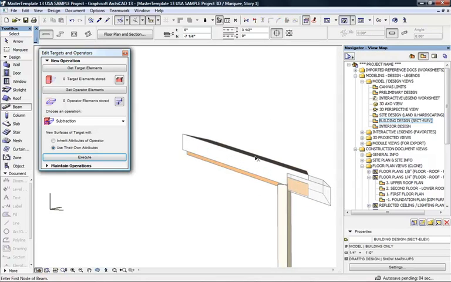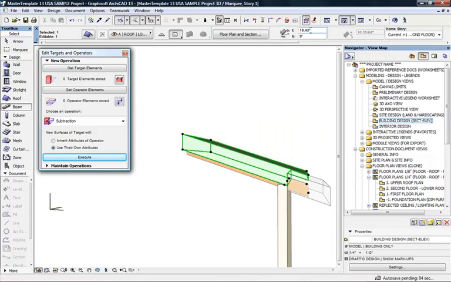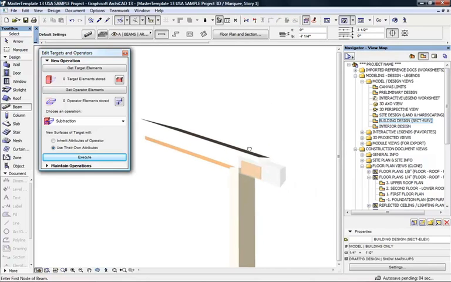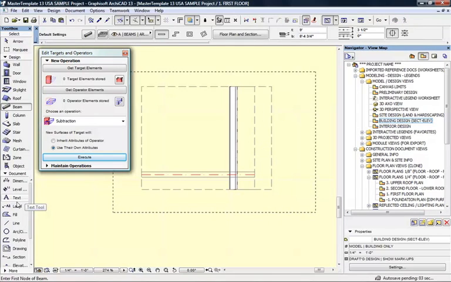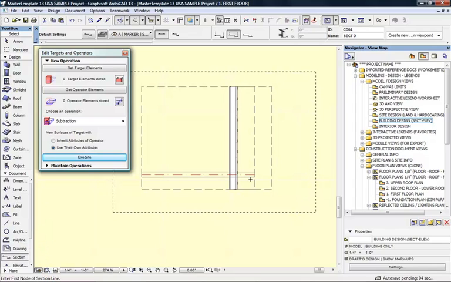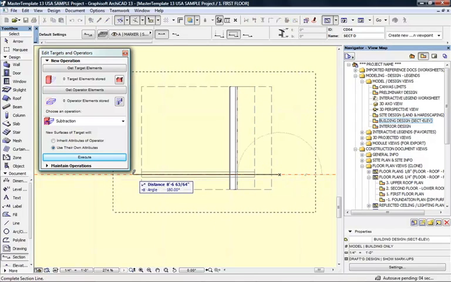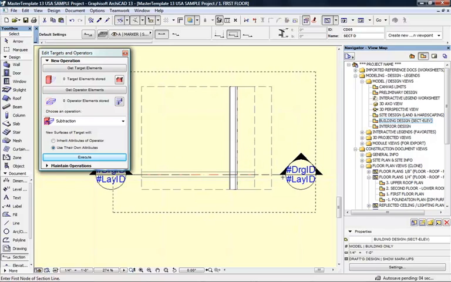If I want to actually check that, of course, I can select the roof, and you can see here the slope. So now that beam is in the right angle, but it's really not quite the right height, and it's much easier to set that height in a section view than it is in a 3D view. So I'm going to go to the section tool and put a section right in line with the beam. So I'll select the section and open it,